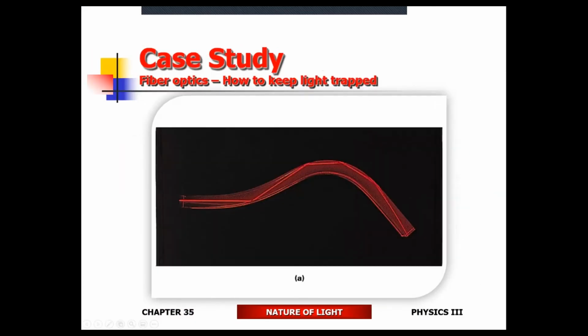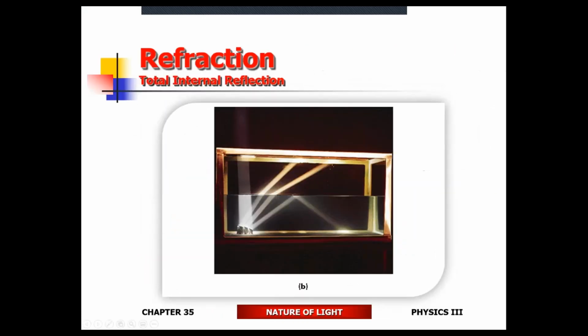Anyway, fiber optics, by design, have an extremely large index of refraction. The larger the index of refraction, the smaller the critical angle is, right? And the light enters the fiber optic at an angle much, much larger than the critical angle. So no light is going to get a chance to escape from this material. So that's what happens.